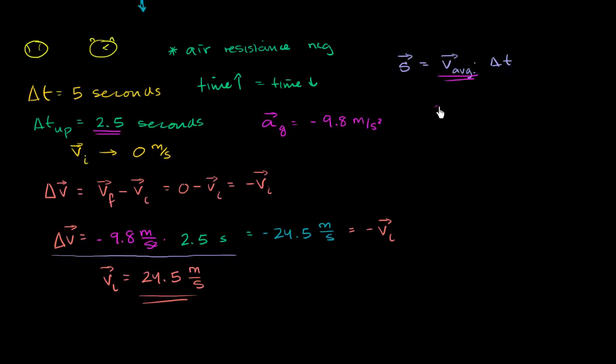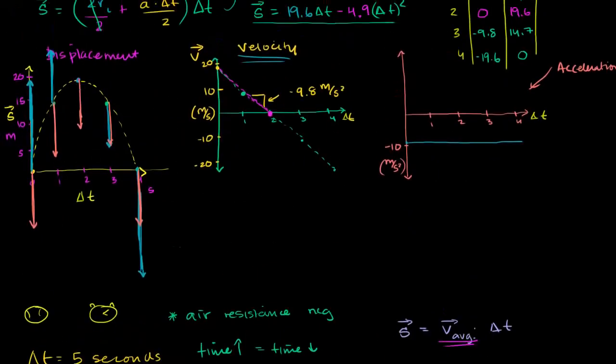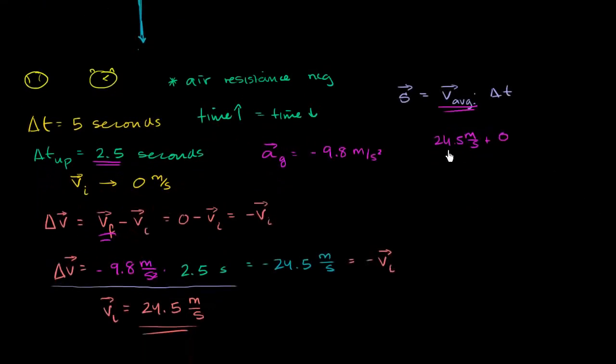So what is that? That's going to be 24.5 meters per second plus, what's our final velocity? In this situation, remember, we're just going over the first 2.5 seconds. So our final velocity is, once again, 0 meters per second. We're just talking about when we get to this point right over here. And we're just going to divide that by 2. This will give us the average velocity, and then we want to multiply that times 2.5 seconds. So we get 24.5 divided by 2. We can ignore the 0. That gives us 12.25 times